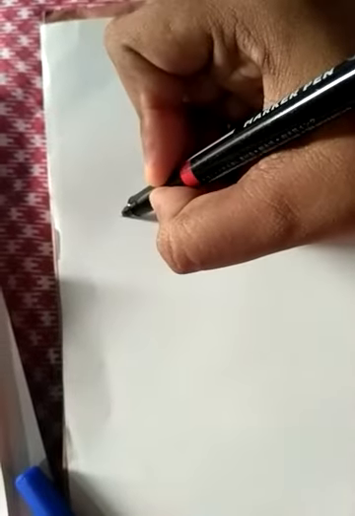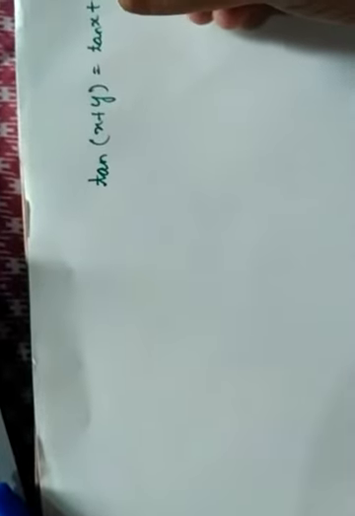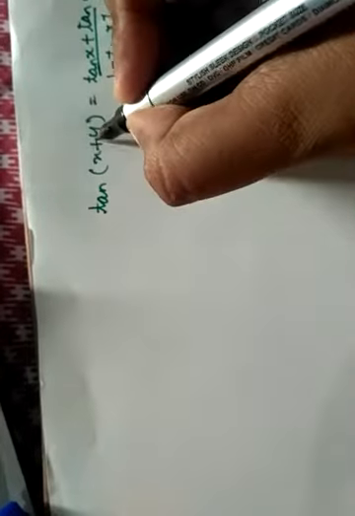We know the formula, we have studied the formula. Tan of (x + y) is equal to (tan x + tan y) upon (1 - tan x tan y). Also we have studied that if instead of plus there is a minus, then in the formula it will become minus in the numerator and plus in the denominator. So we are going to use this formula to solve the question.